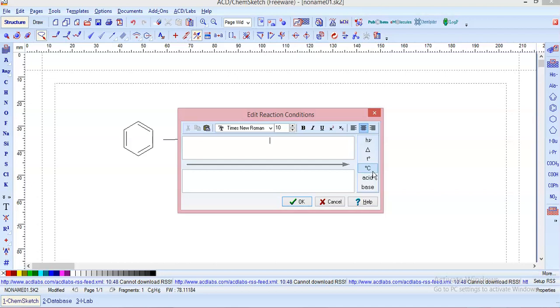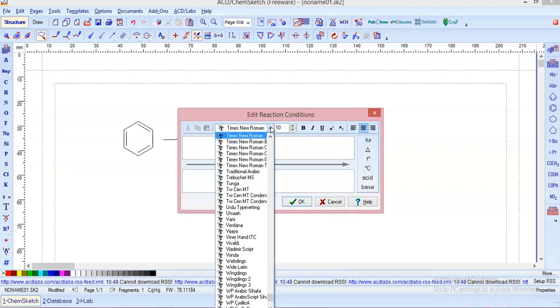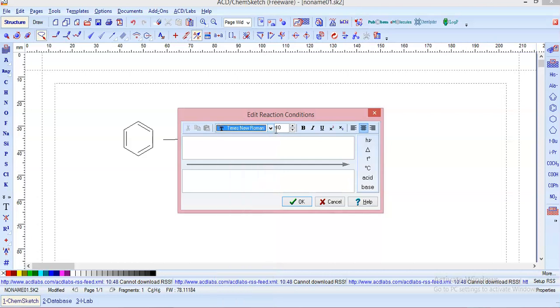There is a special sign available in Word also, in PowerPoint also, and in the ChemSketch or ChemDraw application also. Here you can select the language in which you have to write the information, then font size and many other options. Here I am going to write HNO3, but this HNO3 is concentrated, so I will write concentrated, dot and space. This is above the arrow, and below I am going to write